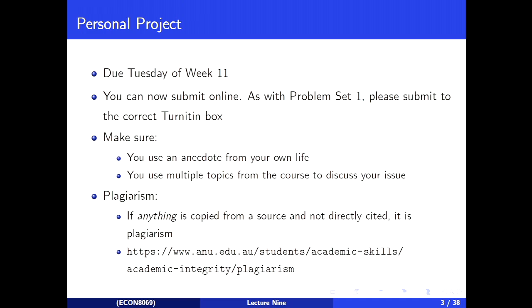Any other questions? The structure should be broadly, well, yes. The question was, should the structure include introduction, body, conclusion? Yes, there should be an introduction section. There should be a conclusion section. It's not necessarily a strict essay form, because it's not a strict essay. But yes, an introduction which tells me what you're going to talk about, a big body which discusses it properly, and then a conclusion which reiterates what you talked about is expected, certainly.